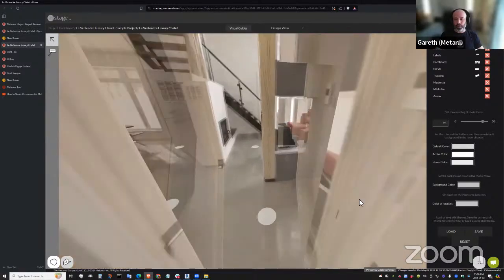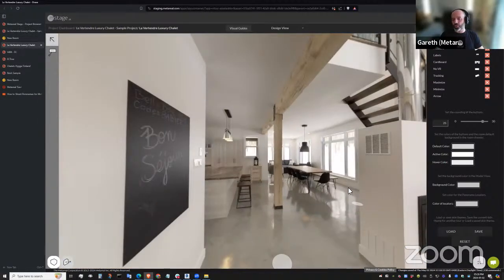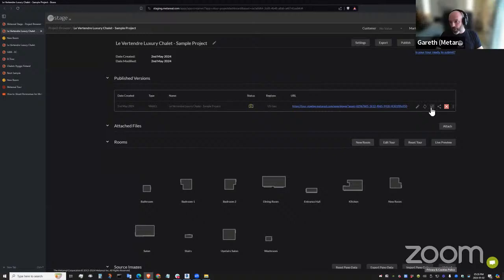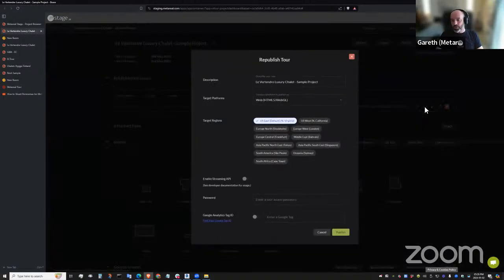Right, exactly. So you get the tool back and it's got the wrong skin, so you load up the right skin, then go back to your project dashboard and go to your republish button here, and you just hit publish again, and it'll update that public link with the corrected content.